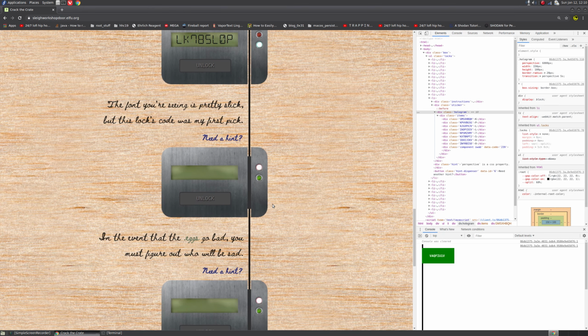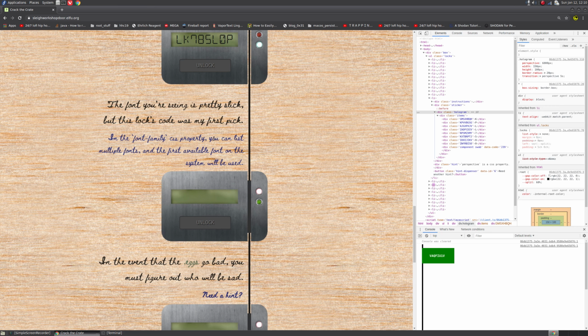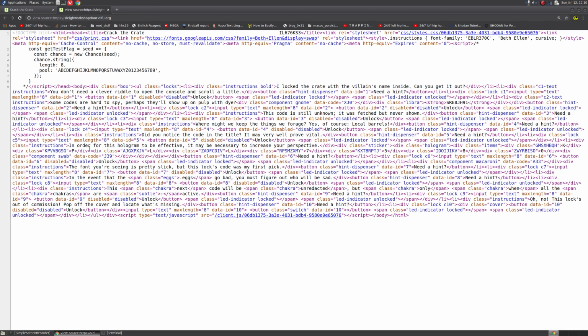For our next lock, the font you're seeing is pretty slick, but this lock's code was my first pick. Now, we've already kind of moved into CSS with our last lock, so it seems pretty evident that that's the direction we need to go, but we'll look at the hint anyway. In the font family CSS property, you can list multiple fonts, and the first available font on the system will be used. Yep. So probably an easier way to do this is to just look at the source, and you can either pull down the CSS